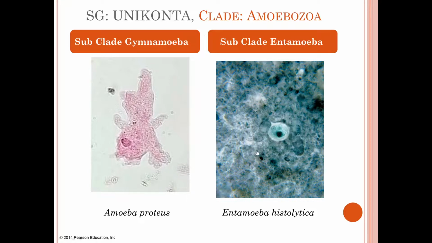So I'm going to just jump over here. The subclade enta-amoeba, these are amoeba that you probably want to stay away from, specifically this one here, Entamoeba histolytica. I've jumped down to the subclade enta-amoeba in your notes. The cyst stage is a hard outer wall that's going to allow for overwintering, very similar to the cyst stage that we talked about when we did our brine shrimp experiment, okay? And that's going to allow for